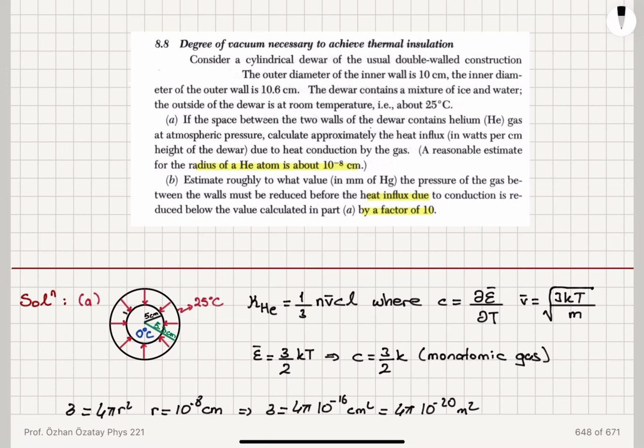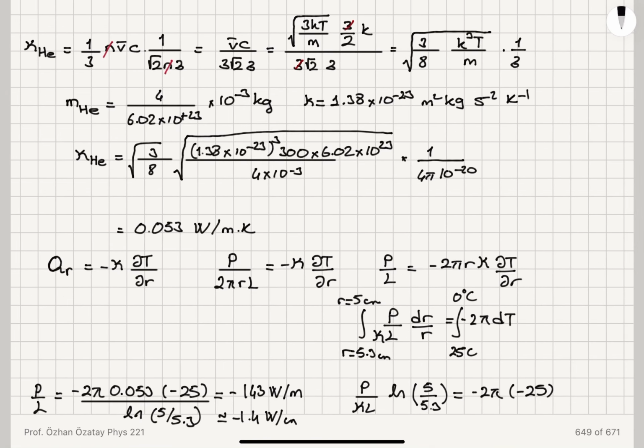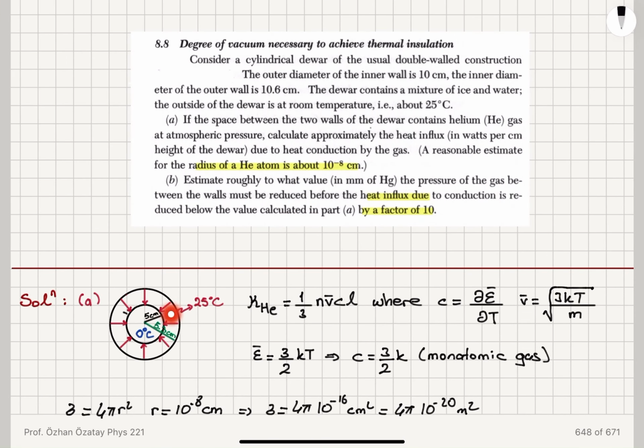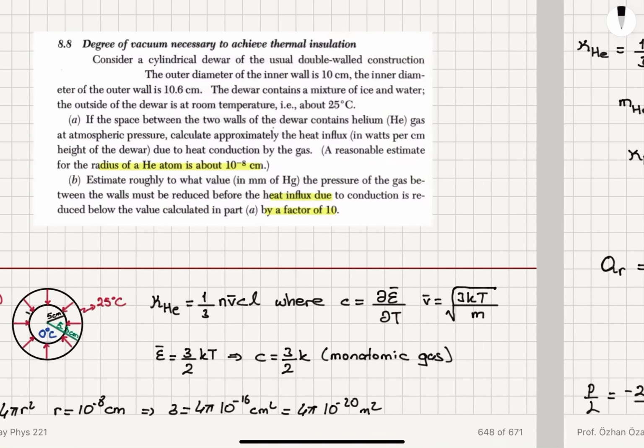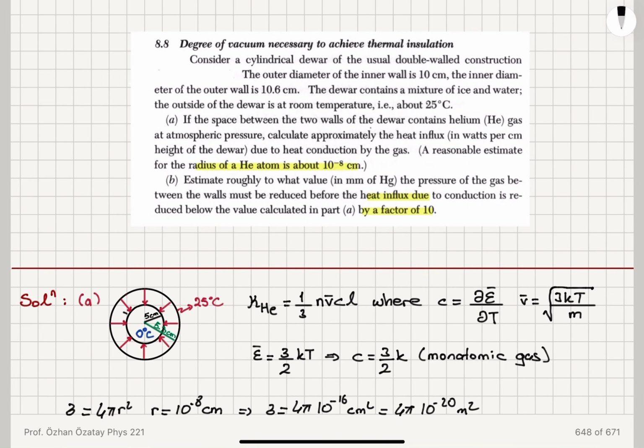In part A, we calculated the heat influx, which is minus the thermal conductivity of helium that fills the space between the outer surface and inner surface of this dewar, multiplied by del T del R. The thermal conductivity multiplied by the temperature gradient gives us the heat influx. And for that, we need to know the thermal conductivity of helium. We have used the law of thermal conduction, the elementary kinetic theory that gives us 1 over 3 n